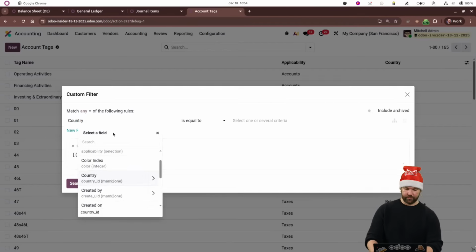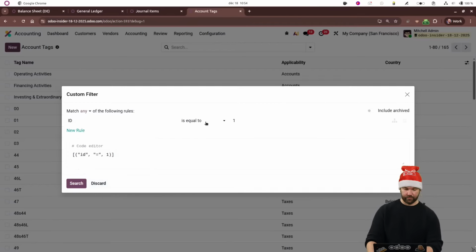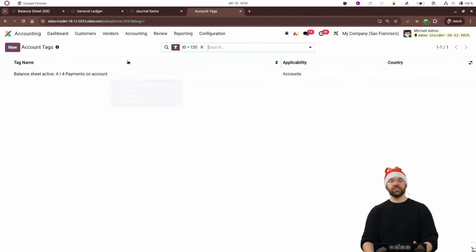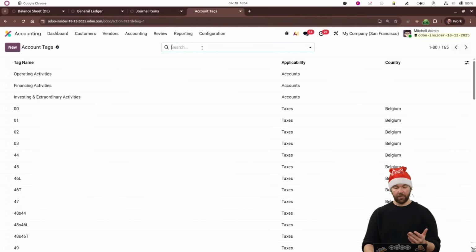Custom filter, ID, 120. There it is. Now, how can we reasonably expect you to know what the ID of each account is? We can't. We don't. But what you can do,